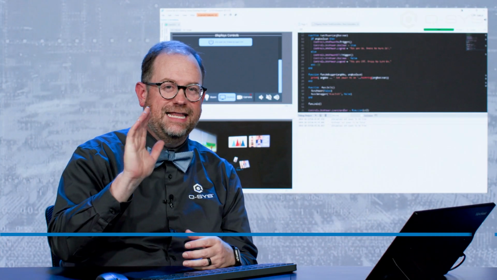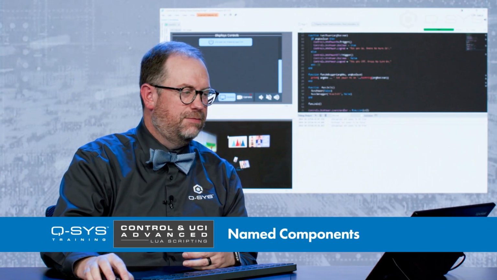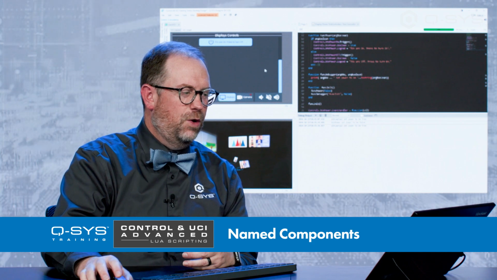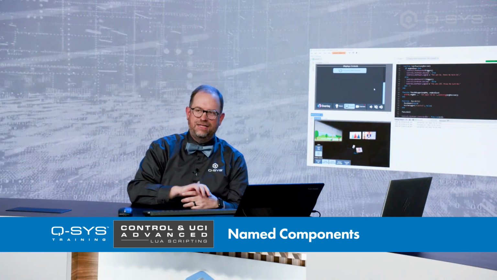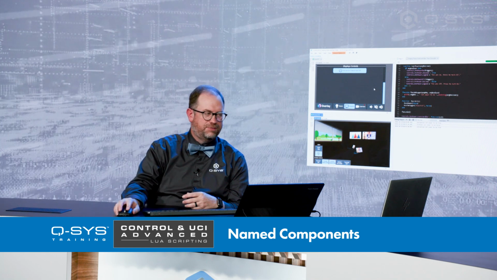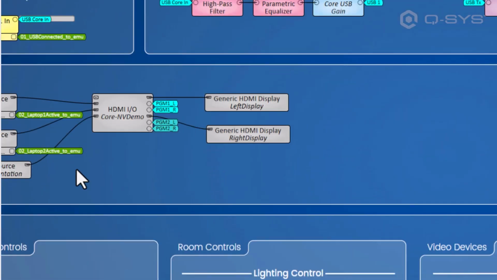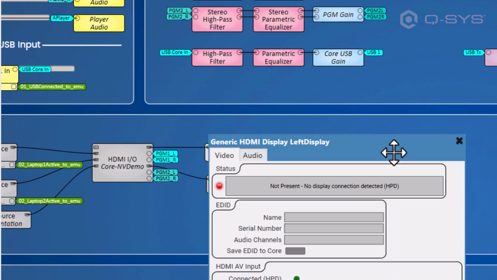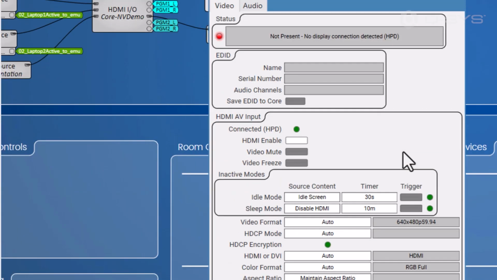All right, well, the one last thing before we wrap this up, which is that we now also need to automate the turning off of the displays. And by now you're probably thinking, hey, I bet that Q-SYS has a deep integration into the displays. And you're correct. In the same way that we had a wealth of information about HDMI on the input side, we have a wealth of information about the output side,